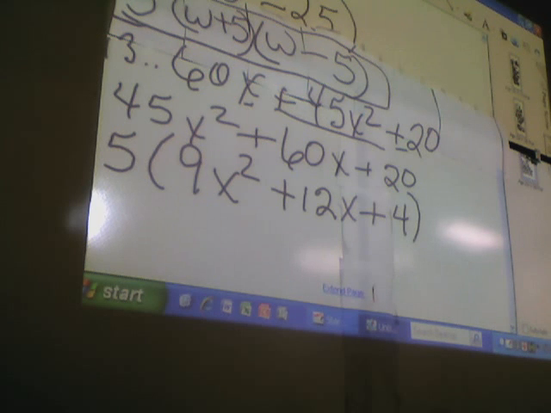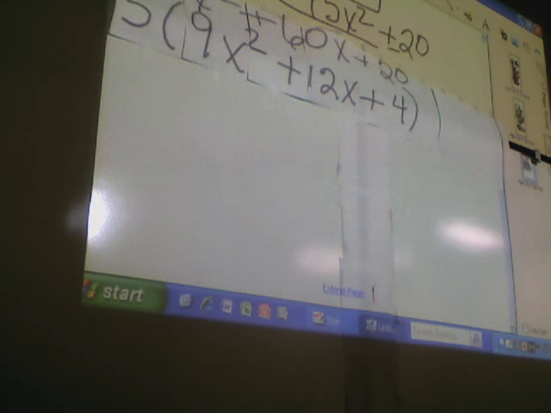The 4, this is another long one. The 4 is either 1 times 4 or 2 times 2. At least it won't be as long as the 48 was. Okay. The 9 can be either 1 times 9 or 3 times 3, right? The 1 times 9 we can do both ways. Okay, so